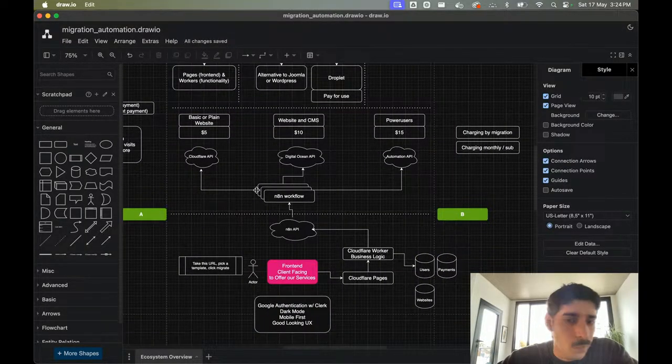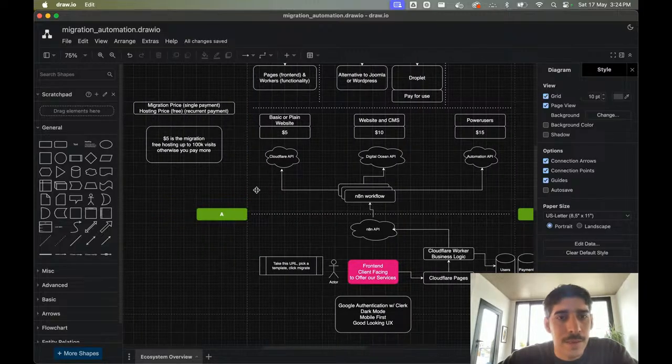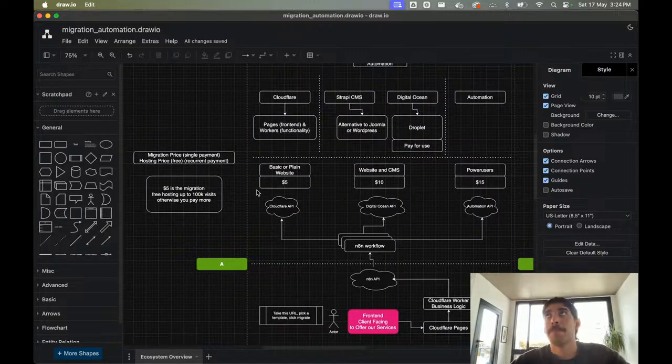So what was I about to say? The fact that the migration is a single payment, that's something that you do once you migrate the website. Let's say some time goes by and then you want to migrate again. So that's interesting.